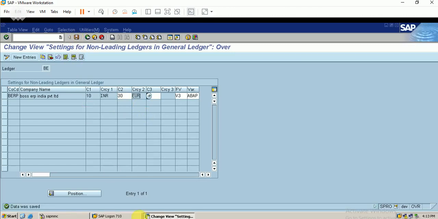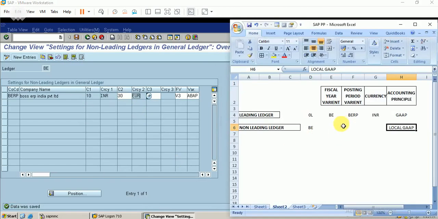So let me also include here, this is something different. For my non-leading ledger, I have linked the fiscal year variant as V3 and the posting period variant as this thing. I also have two currencies for my leading ledger, and I just write it here.